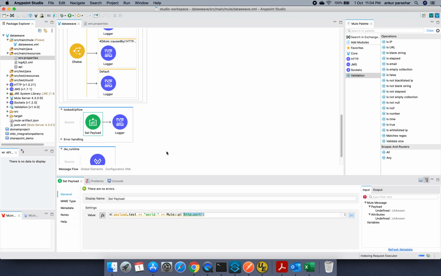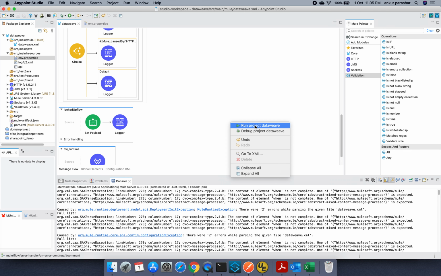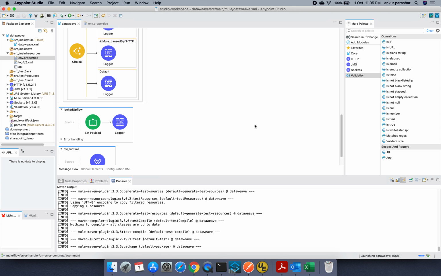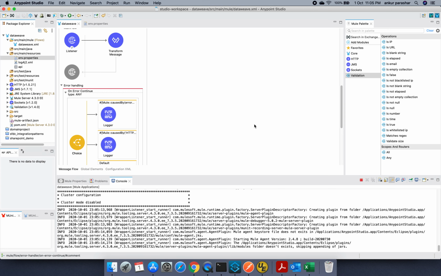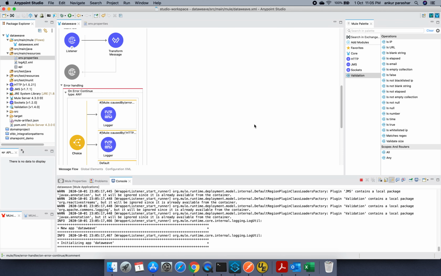So let's try to run this again. I will stop this and we'll run it again. It will take a couple of seconds to load, so let's wait.